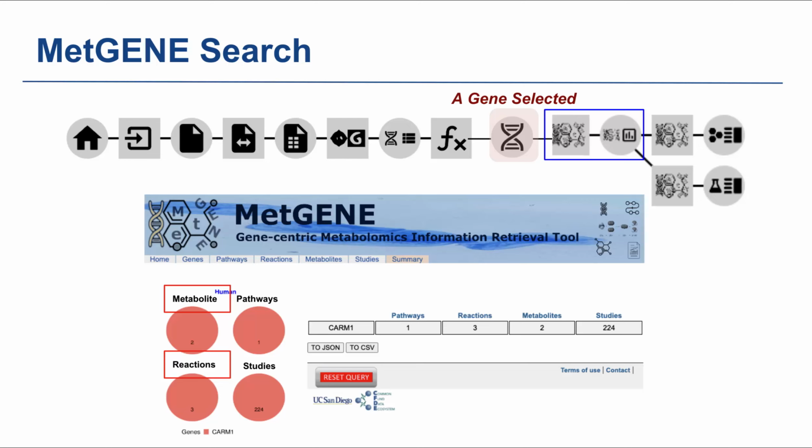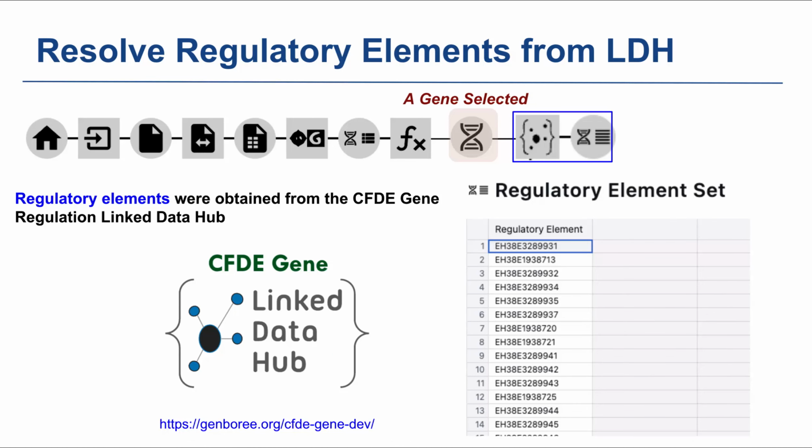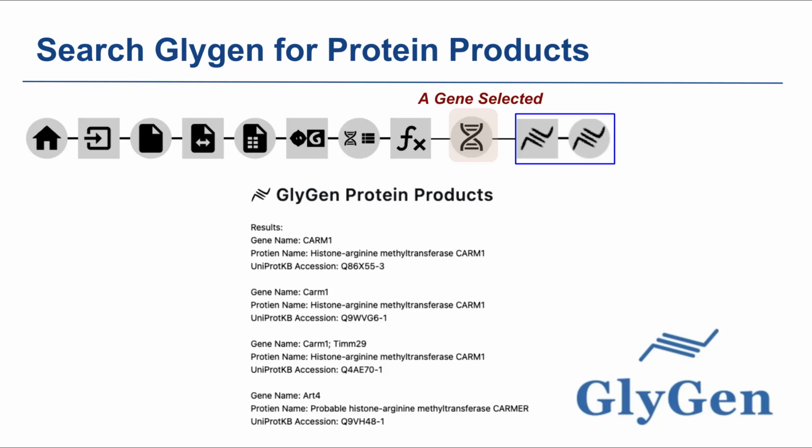Next, the selected target is queried against the metabolomics workbench to identify associated metabolites and relevant metabolic reactions. Following that, regulatory elements related to the target are obtained from the Linked Data Hub, or LDH, developed by the ERCC Common Fund DCC. Finally, the glygen database is searched to identify relevant post-translational modifications, including glycosylation, associated with the